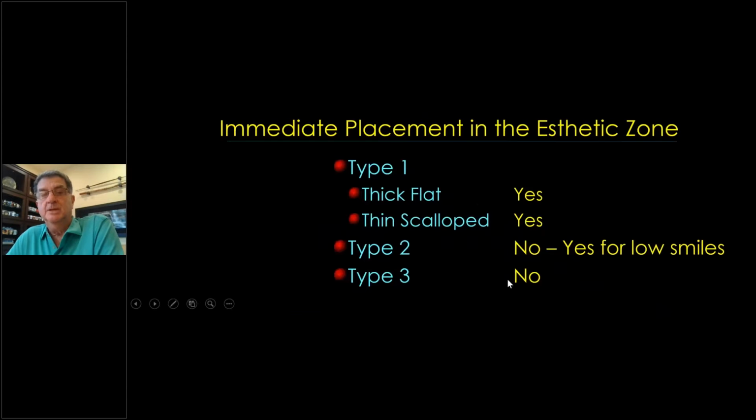So to summate this, immediate implant in the aesthetic zone, type 1, we do it. Whether it be thick, flat, or thin scalloped, yes, yes, yes. If the buccal plate is there in a type 1 defect, which is what it is, we do immediates almost all of the time with fewest exception. Type 2, we don't do it in the highest smile lines, which thank goodness is only about 20% of our cases that show the buccal tissue. Yes, for low smile lines. And for type 3, no immediates, let it heal, then come back and do a healed ridge, except for rare circumstances like I showed you with low smile lines.